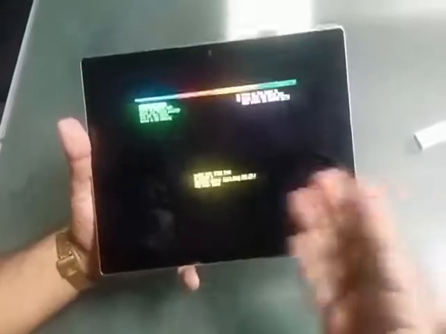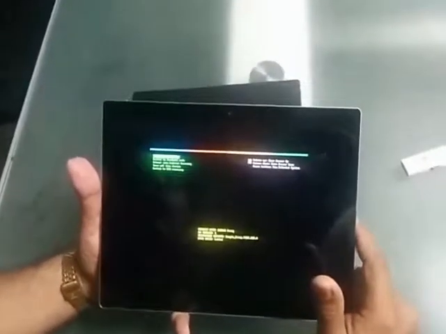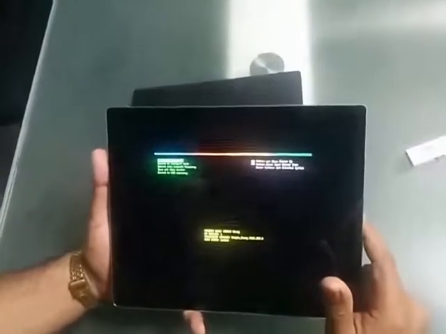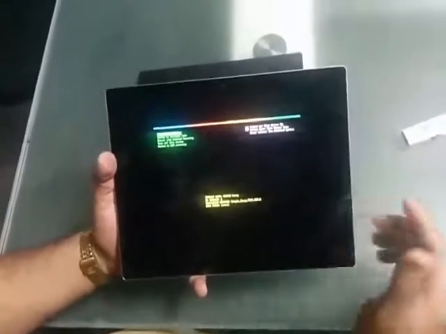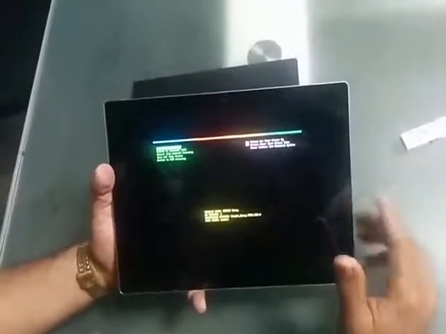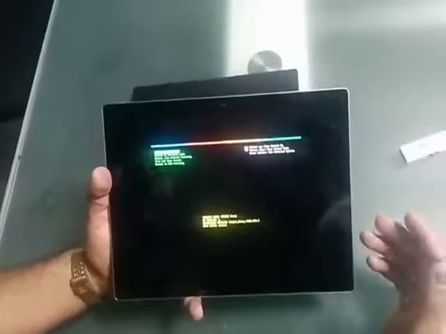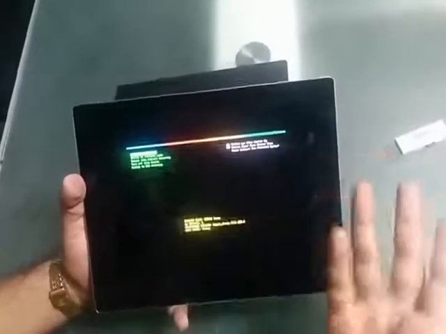Now just press the power button and volume down button. You will get this boot window. There you have a turn off option, because in that menu you can stop the restarting process.